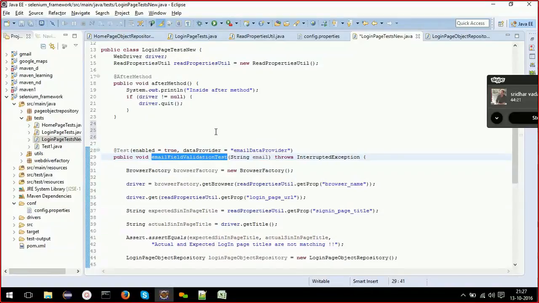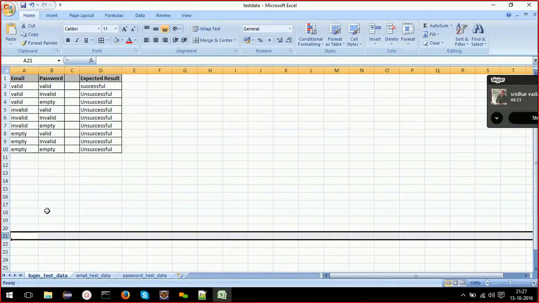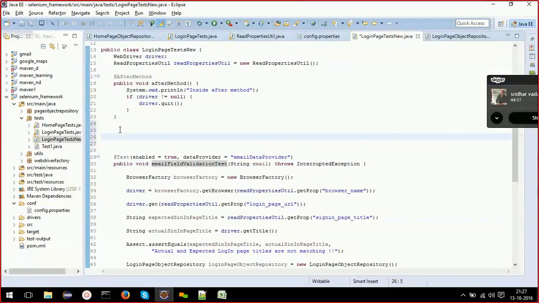So it will pass test data 9 times to your test case, so that your test case will get executed 9 times with 9 different combinations. If you give 100 here, your test case will get executed with those 100 combinations, that I'll show you. So what is data provider? Data provider is a method which returns a two-dimensional array of objects.